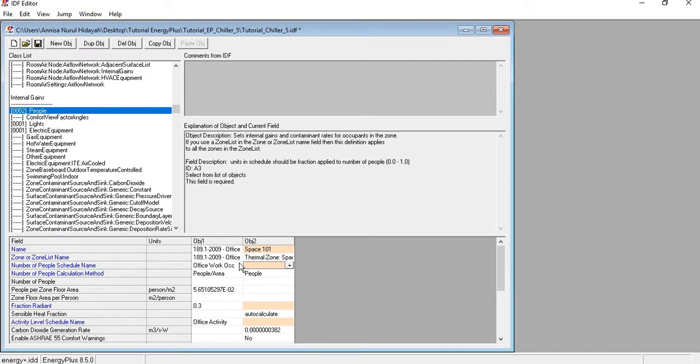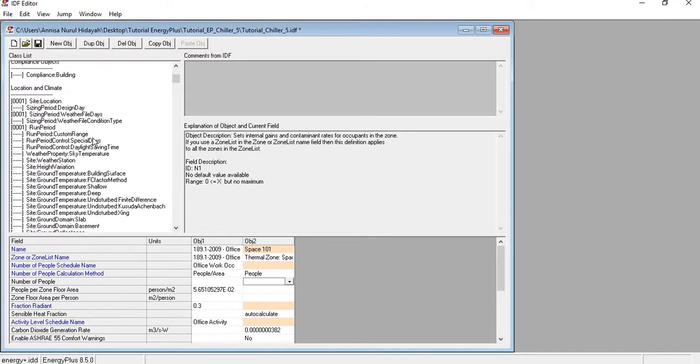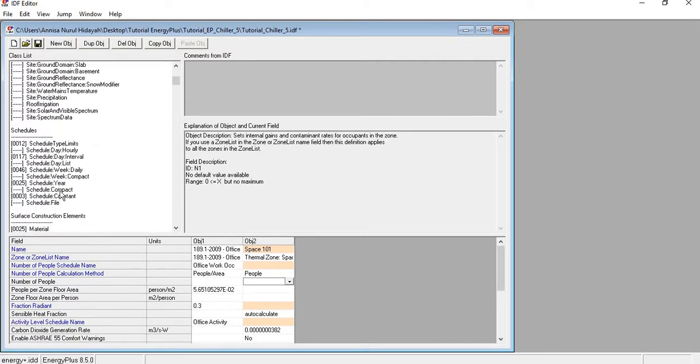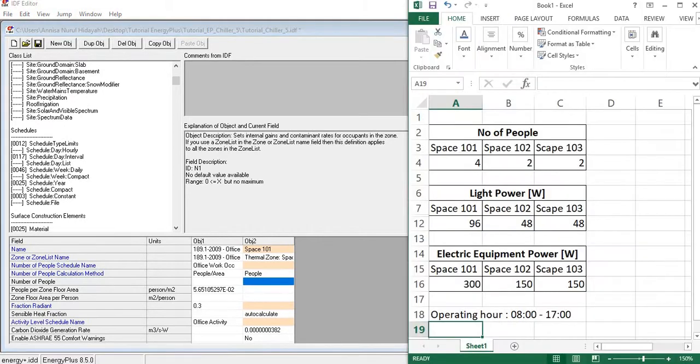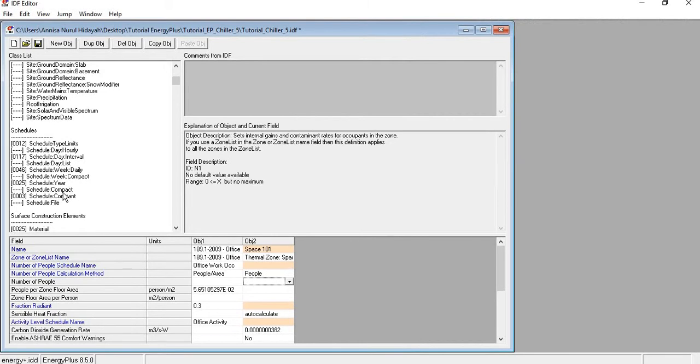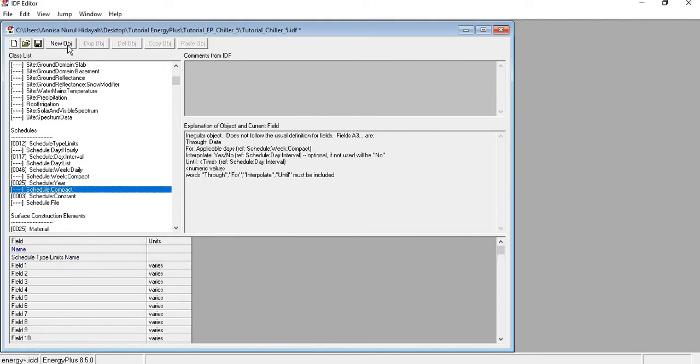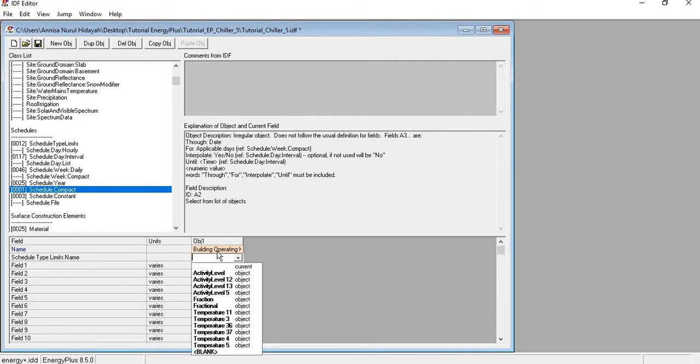So to make the schedule name, you should scroll up again to the schedule part here, and here, as you can see, we have data about the building operating hour, that is from 8 a.m. to 5 p.m. So we want to make a schedule that is based on this data. So here I'll just use the schedule compact and click new object and set the schedule name as building operating hour, and schedule type limits name, I'll choose activity level,